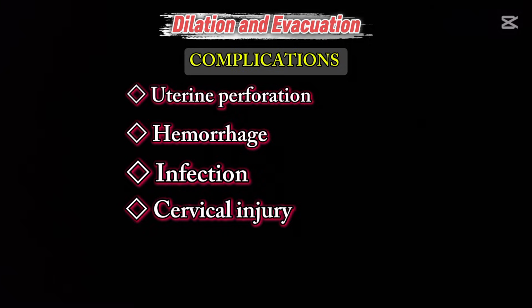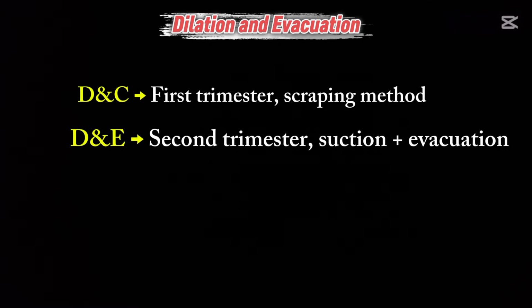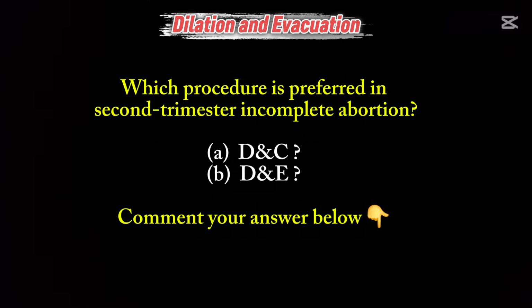Let's make it simple. Dilation and curettage is done in first trimester, which is only the scraping method, whereas dilation and evacuation is done in second trimester, which includes suctioning as well as evacuation of uterine contents. Now, tell me which procedure is performed in second trimester in case of incomplete abortion. Is it D and C or